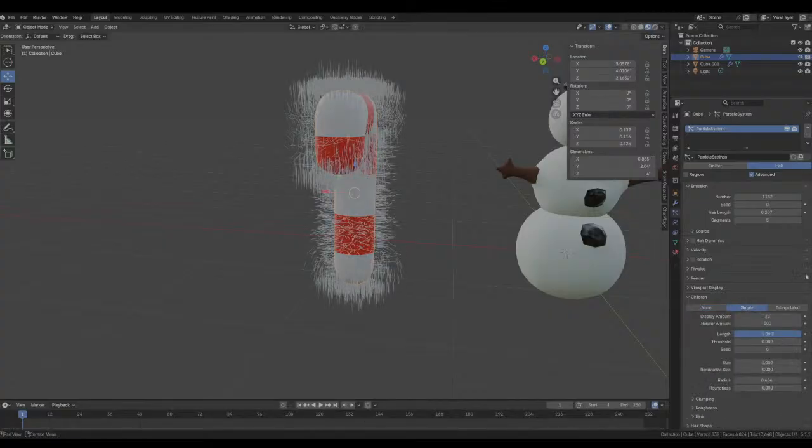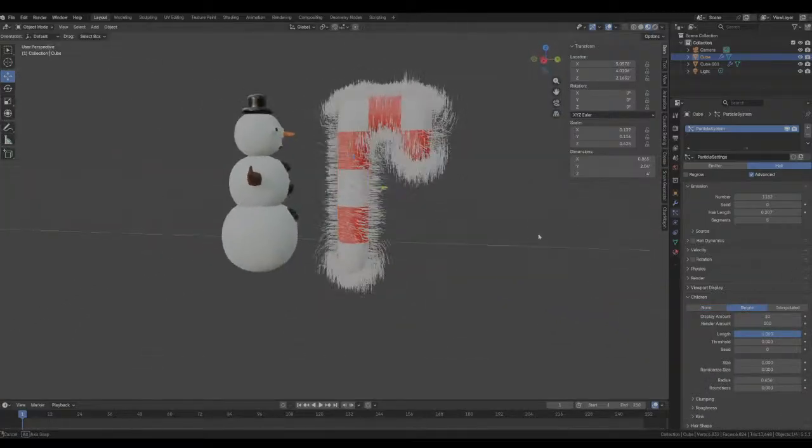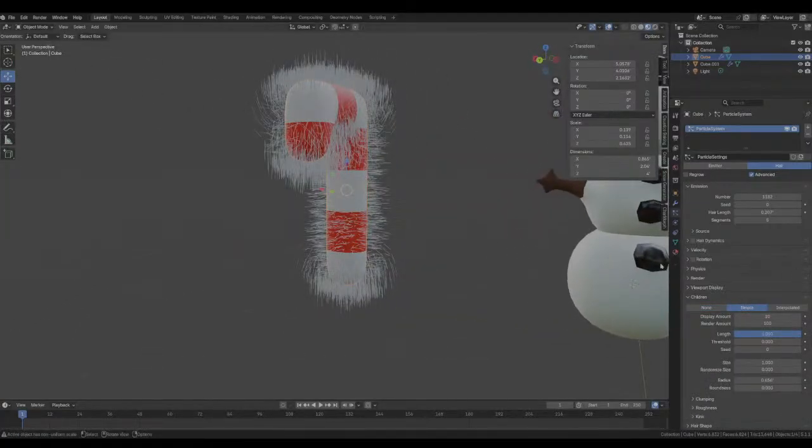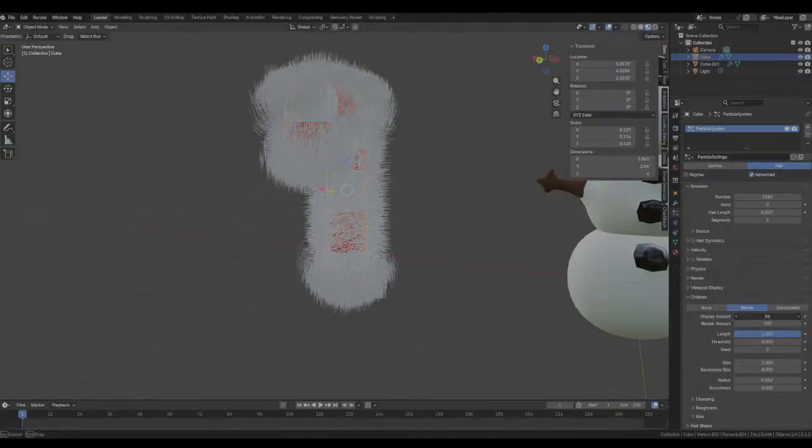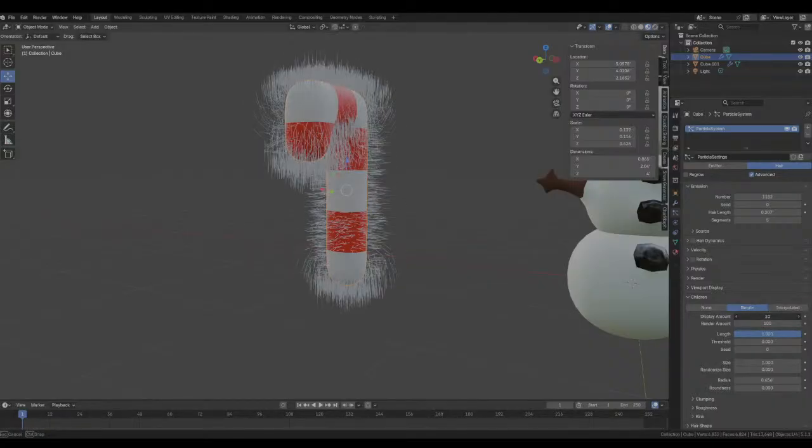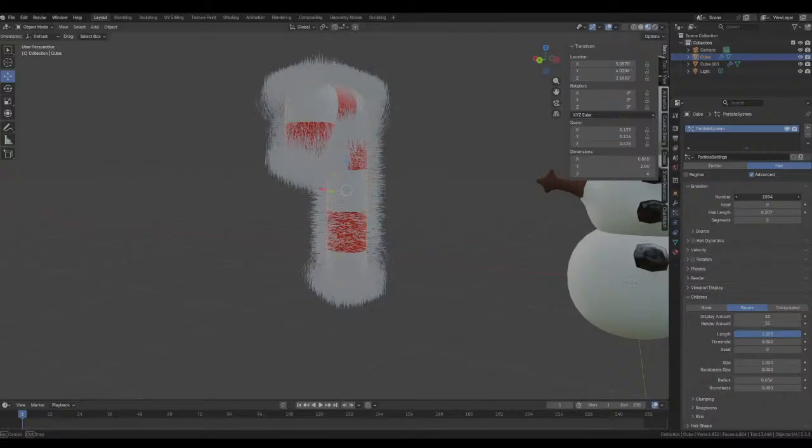Children, simple. Yeah, 35 should be enough. And 35. And you can go down, and threshold can be set up, and you can go down.